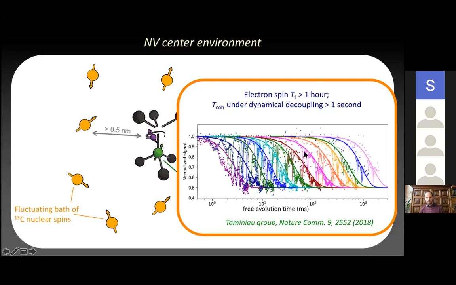And what you see in this plot is actually raw data. This is not how it was plotted in the paper, but I like this plot because you can see how the trend goes. If you apply only one refocusing pulse, it's like a Hahn spin echo. You have a coherence decay time of a few milliseconds. But if you increase the number of refocusing pulses, up to about 1,000 on this side, you reach beyond a second. So we can keep coherences inside this electron spin system for over a second, which is more than enough for most of the applications that we want.